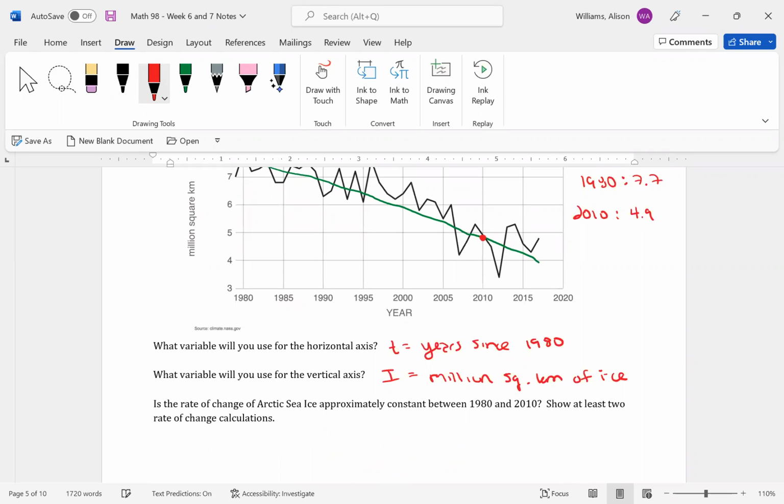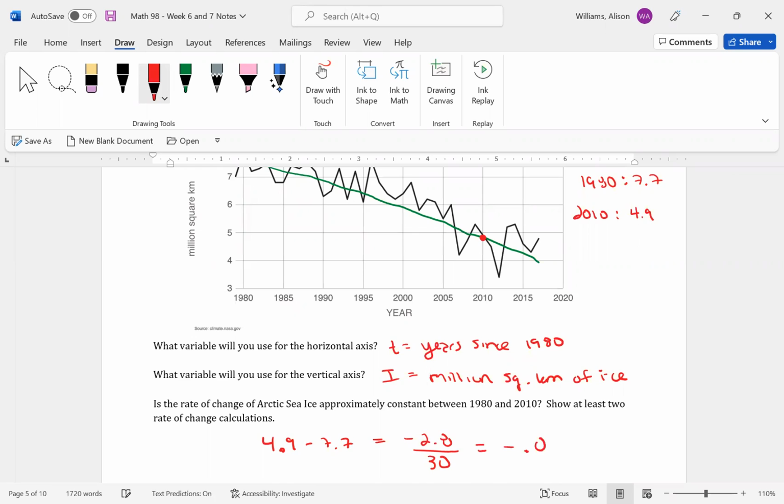Let's actually reverse this. So 4.9 minus 7.7, because the ending number is 4.9, the starting number is less. It's negative 2.8. And that is a 30-year period, wowzers, which is